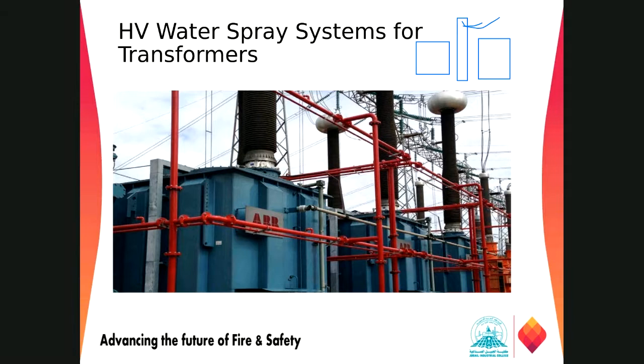which is flammable oils, the heavy oils, and also if there is only one transformer, then we don't need this system, because we are only intended to control the nearby area if it catches fire. So if you are installing the fire barrier, we don't need that one. If you are installing only one transformer, we don't need a high voltage water spray system. So we need it only in the case when we have more than one transformer and there are no fire barriers in between them.